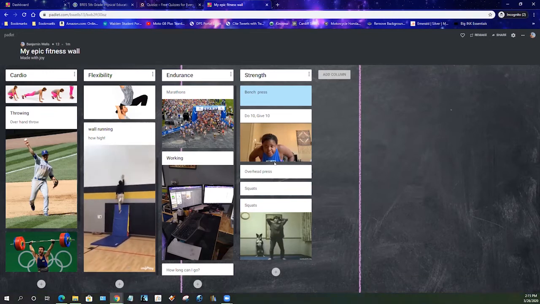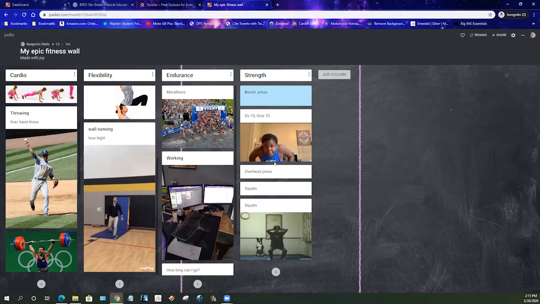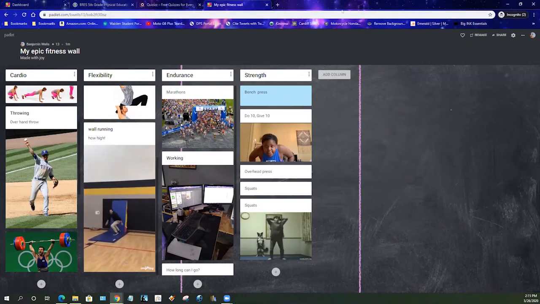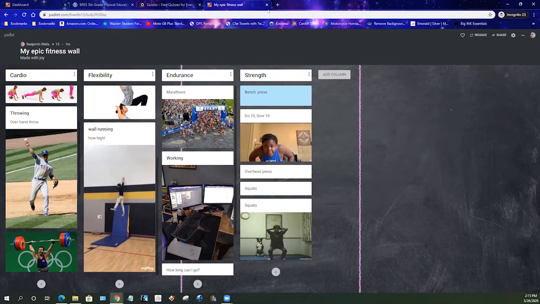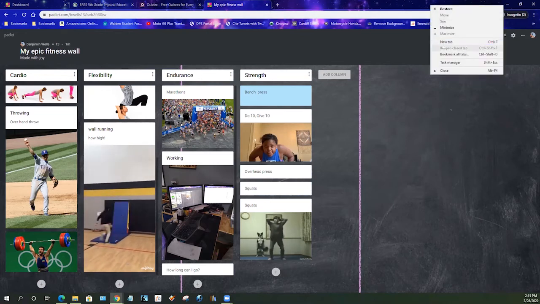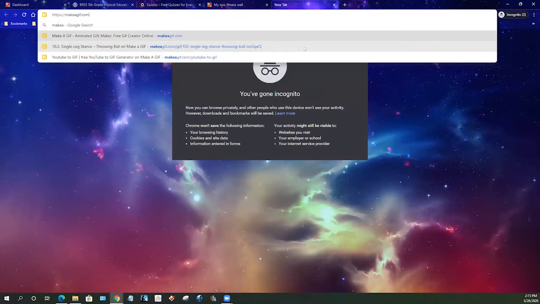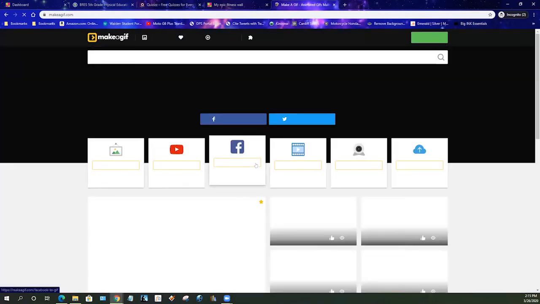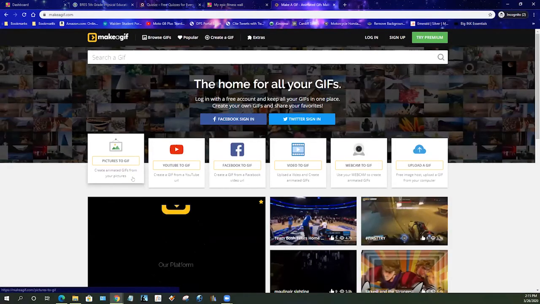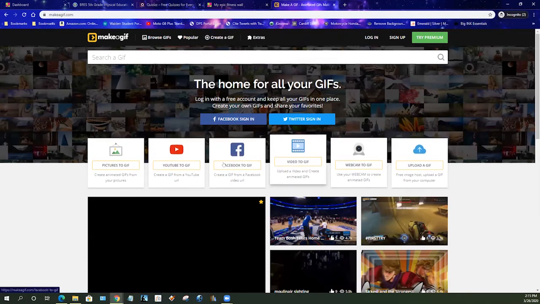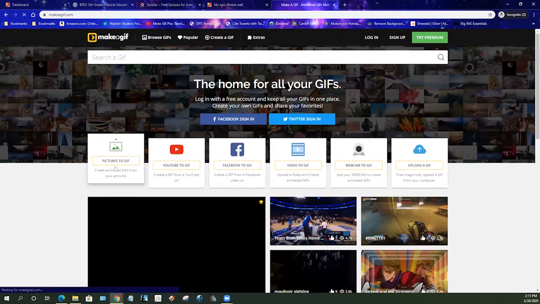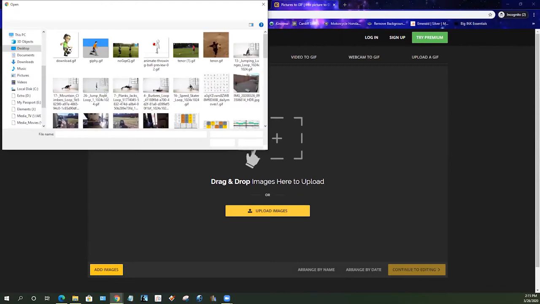There are applications out there. When you do camera, there are also applications, and I have them as links. Let me pull one up. Make a GIF online. There are different ways you can actually create, and it'll let you create up to a 10-second GIF for free through different ways. So if you want to take pictures and link them together,